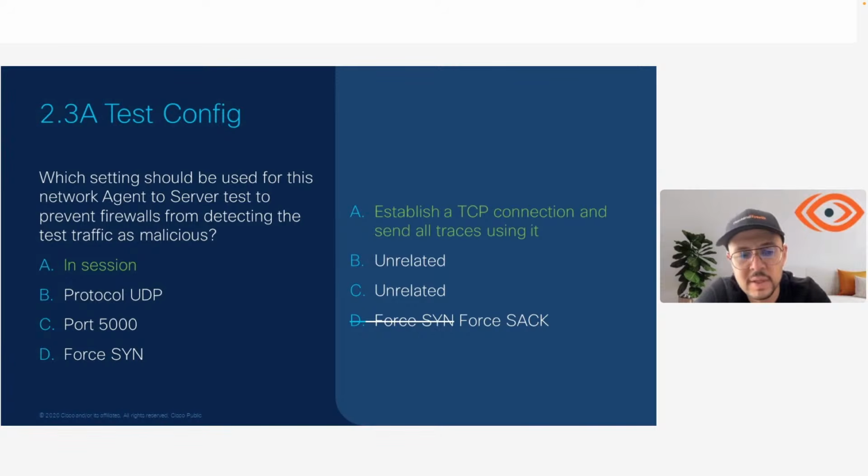Also, something important, agent to server is not supporting UDP as I was showing in the demo. It is just supporting ICMP and TCP. The one that is supporting UDP is agent to agent, so that will be discarded. For the port, it's pretty much what I was mentioning before. We will be breaking the logic of the application. If the destination is not listening to that particular port, the destination will reject it and